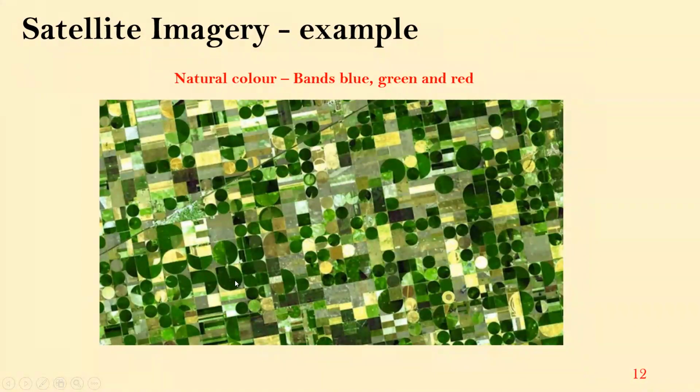Because of high chlorophyll content, you are seeing the dark green, and the crops which are at the harvesting stage are showing yellow or pale yellow colors, and the agriculture fields which are void of any crops are showing no green cover. So based on these spectral signature profiles, we can easily make out and differentiate the different vegetation conditions, and we can even classify the vegetation.